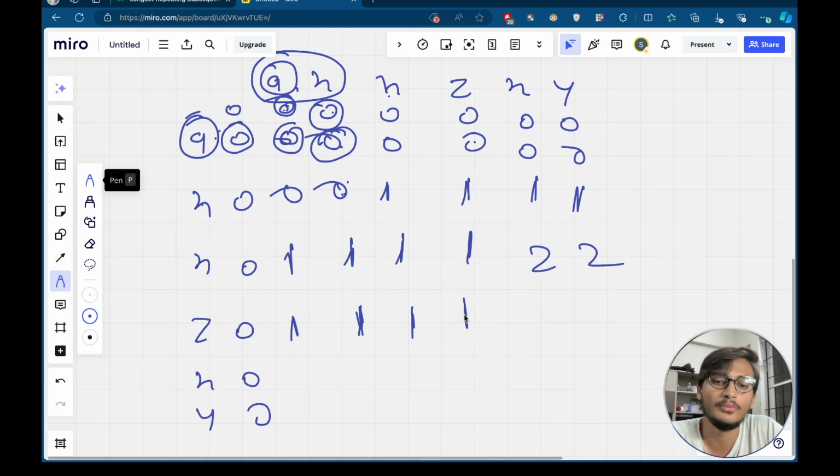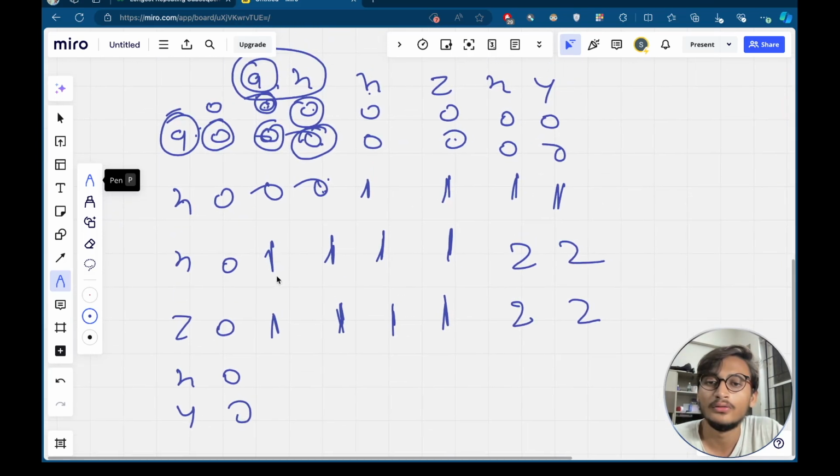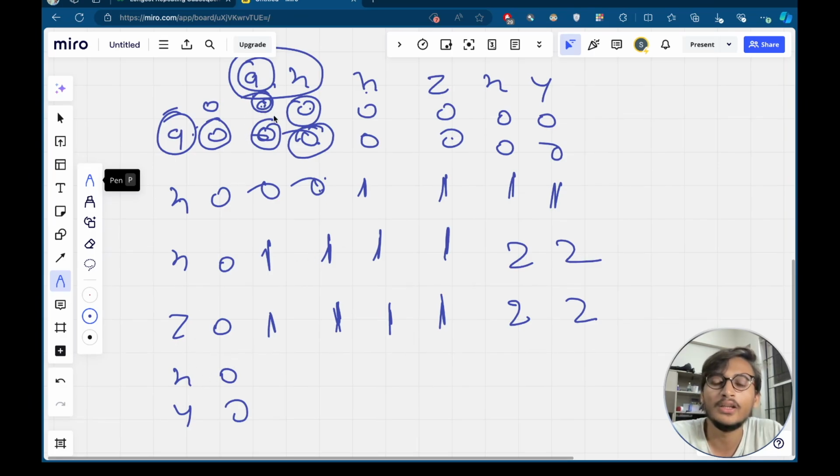Indices are same, so we will update it by maximum of these two. Now this z and x, these are unequal, so we take maximum of 2 and 1, which is 2. Now for z and y, same here, sorry. And for x and a, unequal, so 1. And then x and x, both of the conditions satisfied, so we will update it with 1 plus 1 plus